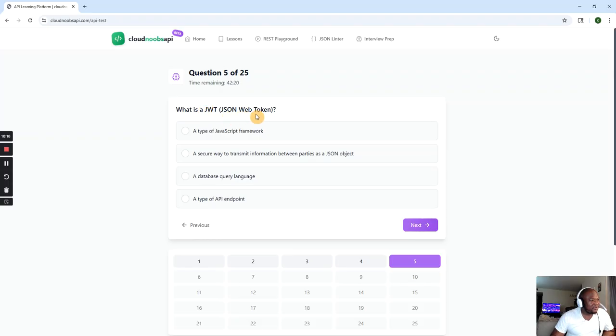JSON Web Token. A JavaScript framework, or a secure way to transmit information between parties as a JSON object. Okay, so this one is a little bit tough over here. I would choose this one to see if it is true or not, because I'm not looking for these two over here.